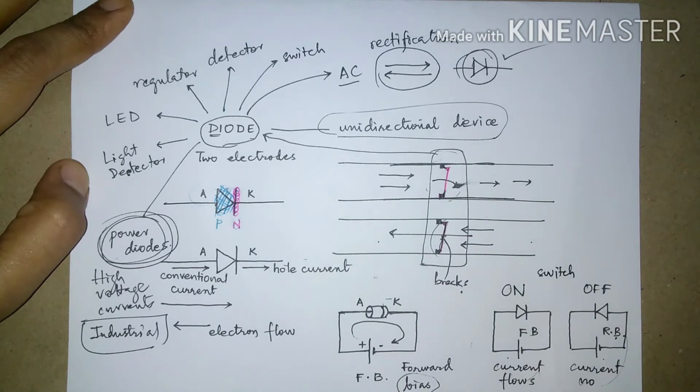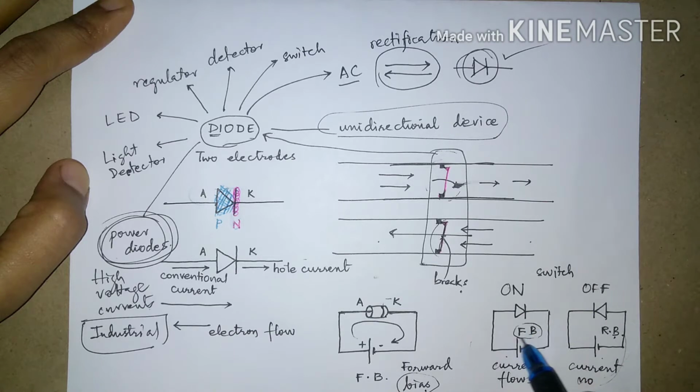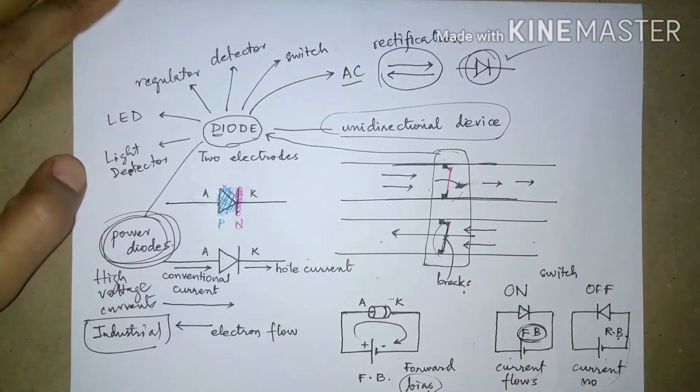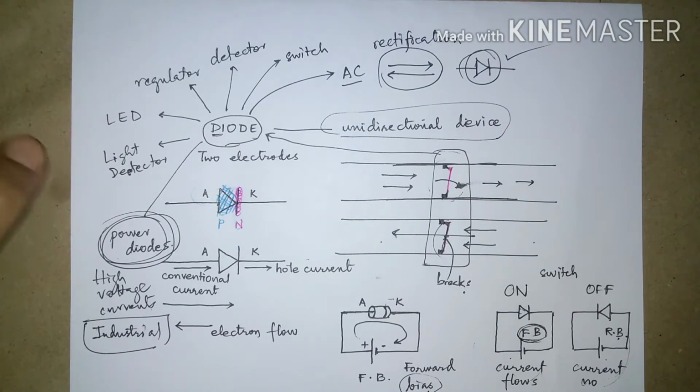Okay, if I want to use this diode as a switch, I simply make sure that I make it forward biased. And if I want it to switch off, if I don't want any current to flow through the circuit, then I simply make it reverse biased. That is how the diode is usually operated. Now we have to discuss how it behaves inside the diode using all those electrons, holes and all. So let us start that.